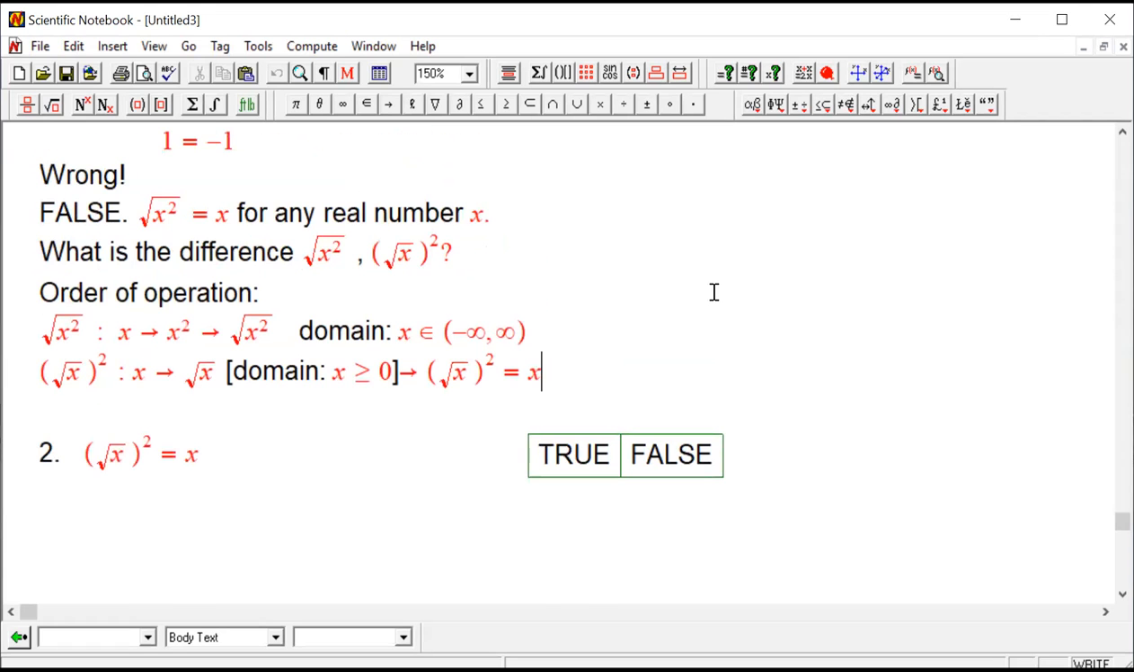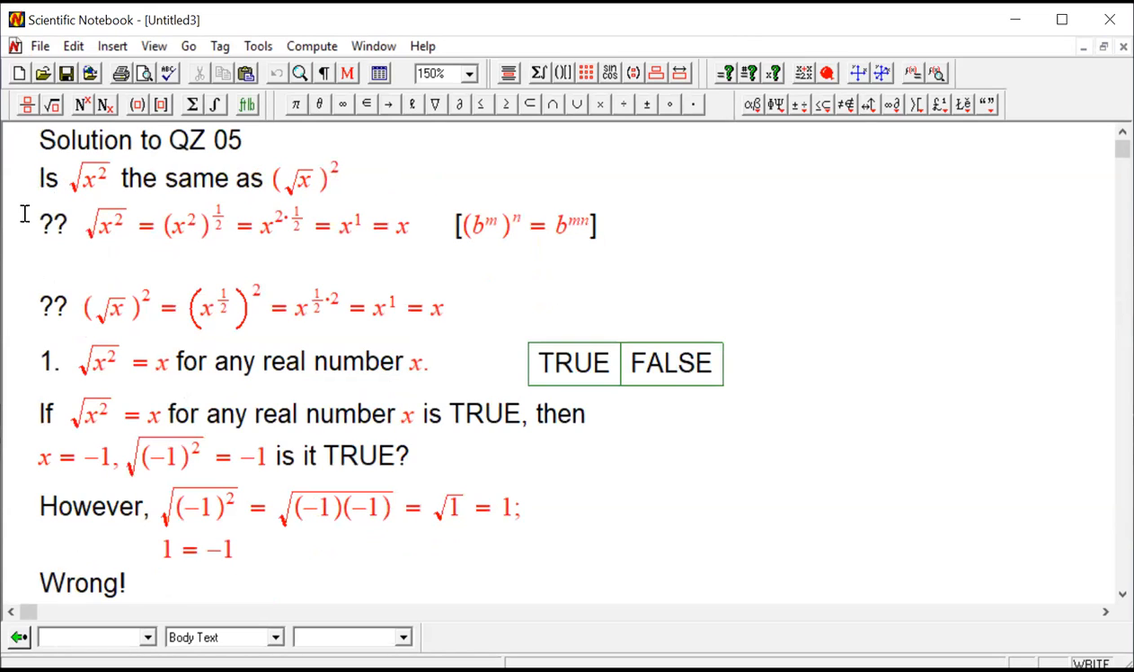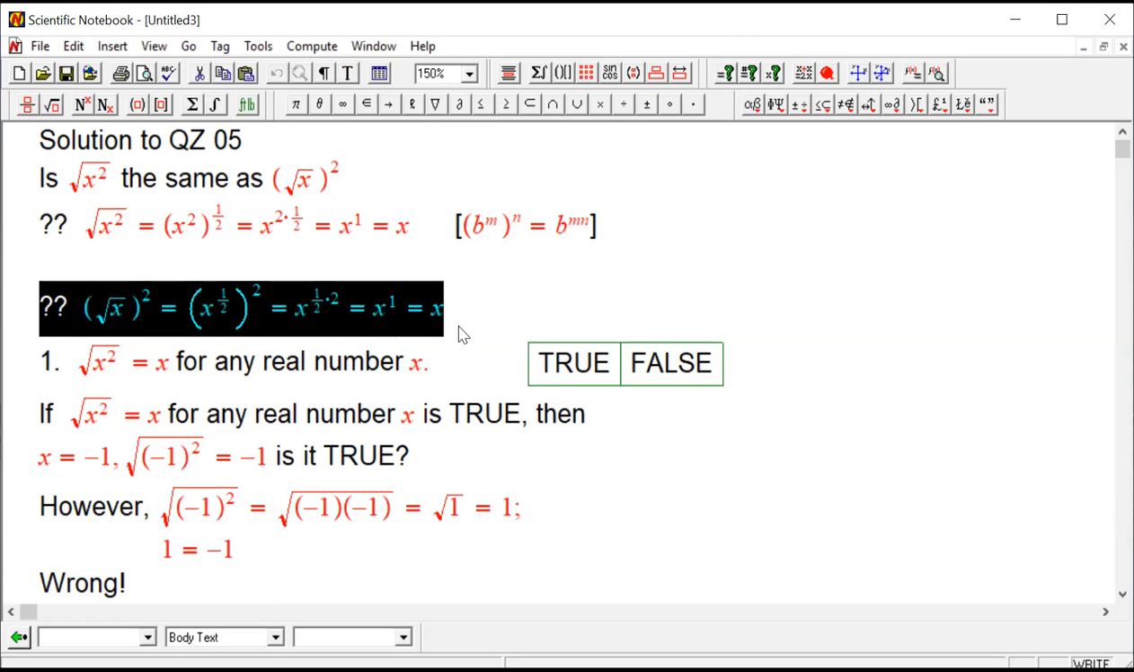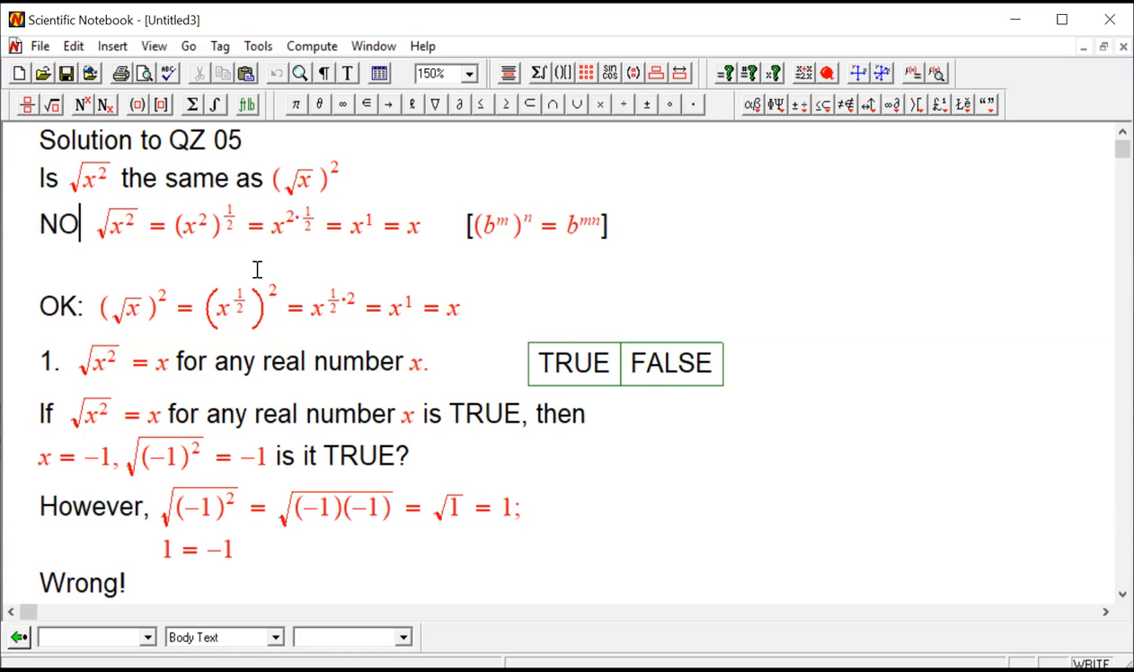Now let's go back to these two operations. Which one is right? Which one is wrong? This one is okay, because we agreed with that implication. The other one, however, is no. Why? Because if you go back to your algebra text,